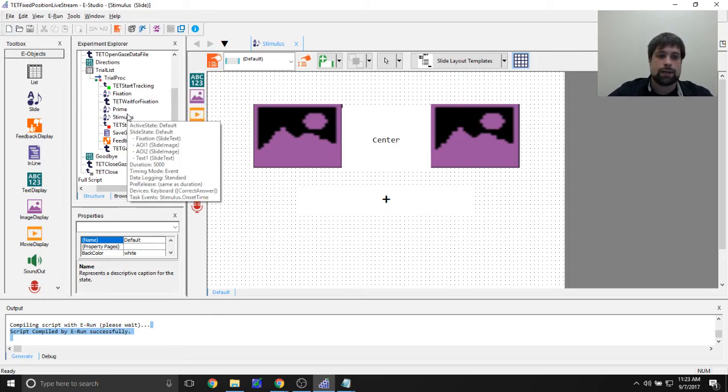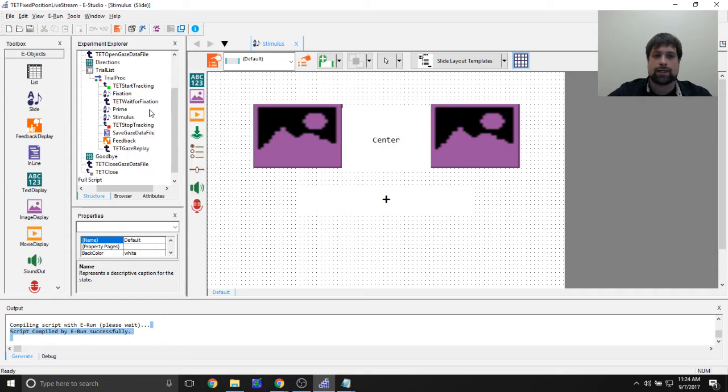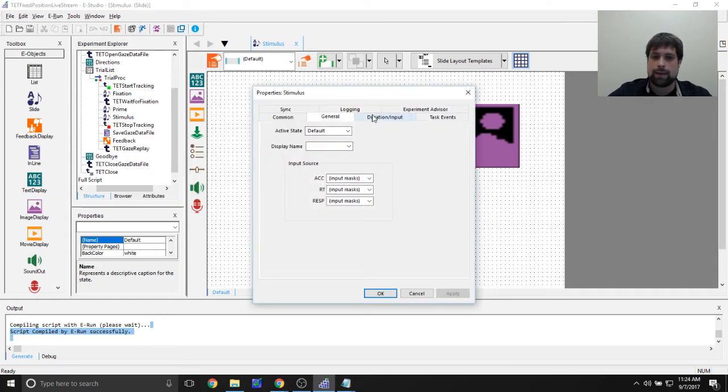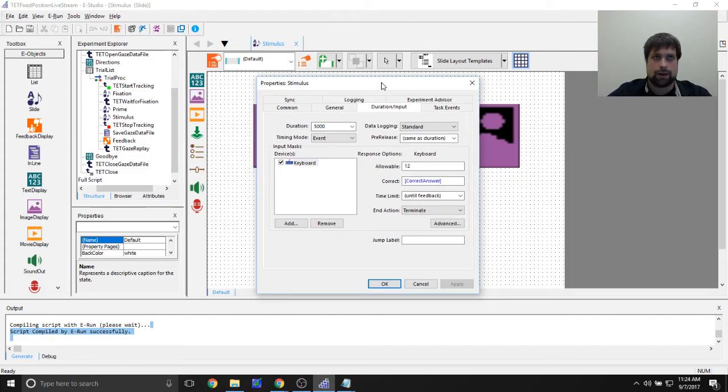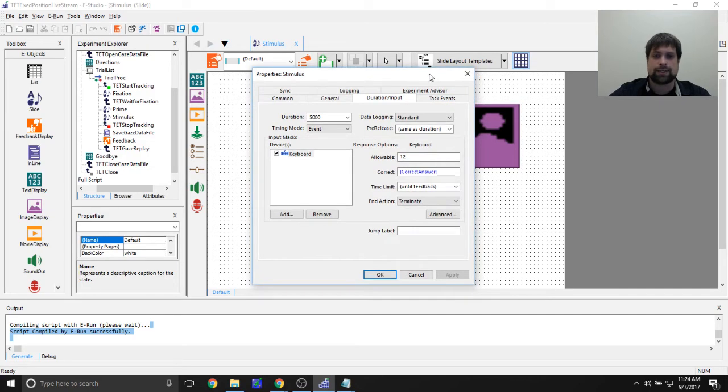So what I could do is I can have a scene stop at the offset time of my stimulus object, but it's important to keep in mind that my stimulus object has a pre-release set to same as duration. So if I do a scene stop in Tobii Studio on the .offset time of this object, it's going to look like the object was on screen for 1 millisecond, if that, sometimes even 0 milliseconds, and that's not